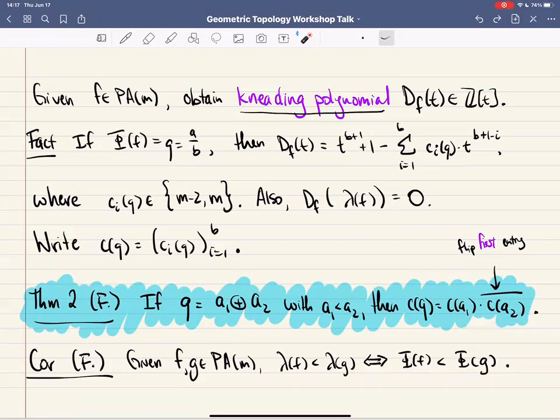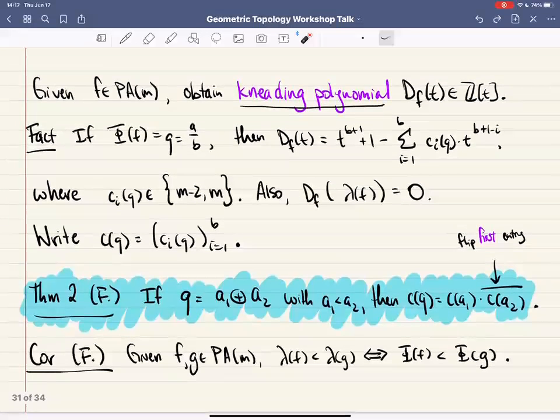Okay. So in other words, as you walk through the Farey tree and look at the kneading polynomials for each vertex, those polynomials are growing in a very predictable way. You're sort of sticking more and more terms on for the higher powers, based on what's come before. A little bit of kneading theory then spits out this corollary, which is the monotonicity result that we observed